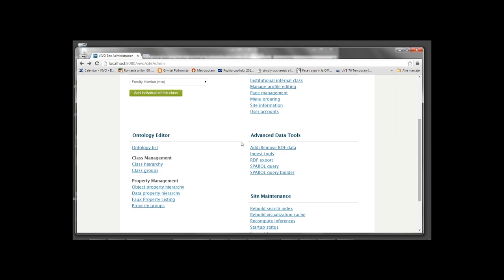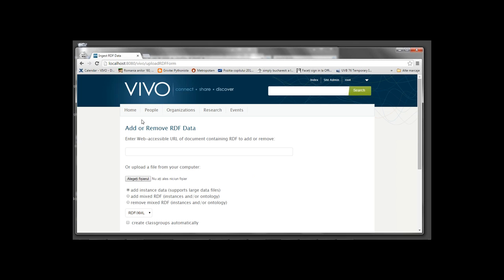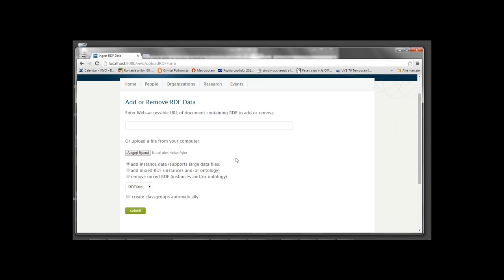To understand a little more about how it works, we should quickly review how things are stored generally in the triple store. This page that we were looking at last time, add and remove RDF data, we alluded to the issues with what graph the data ends up in when you use this page. There's something called a KB2 graph, and there's a vitro tbox graph, and these funny sounding names,